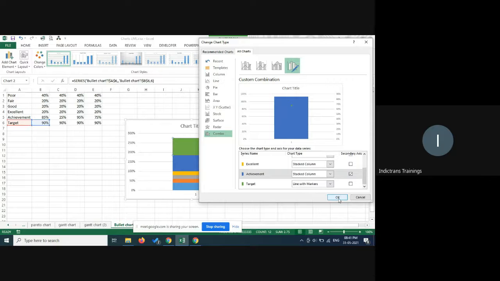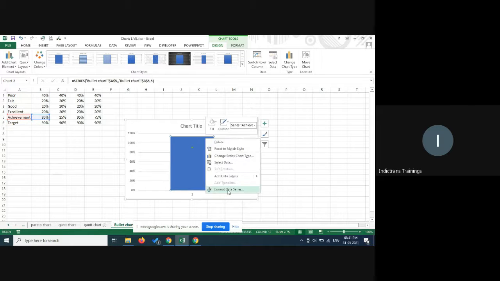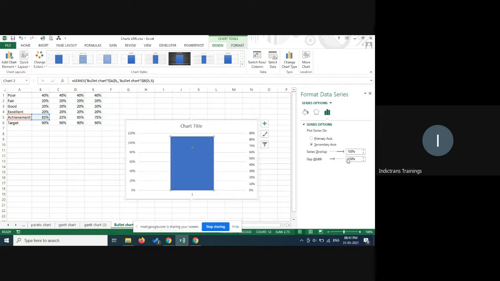So you get it this way. Your achievement has a secondary axis. Now I click on this, right click, there's format data series, and the gap width is 150. I'll make it 350. So now I got this. I got the secondary axis for this, and I got these things out here. I got a target, which is the dot here. I got this as an achievement, and then this is a performance band. Now this has an axis like 0, 20, 40, 100, and here I got an axis of 0 to 90. Hence you see it bigger.